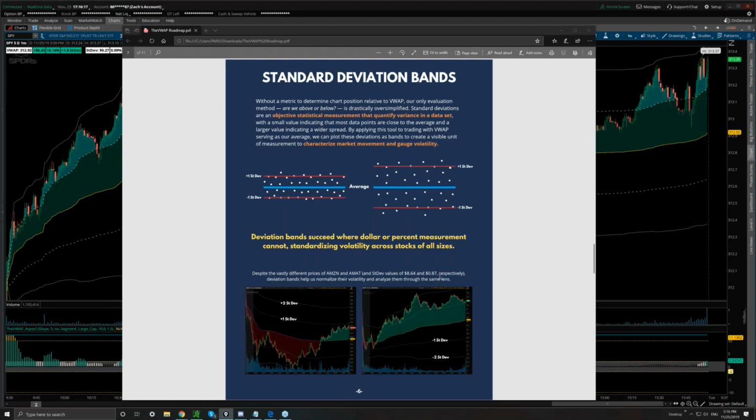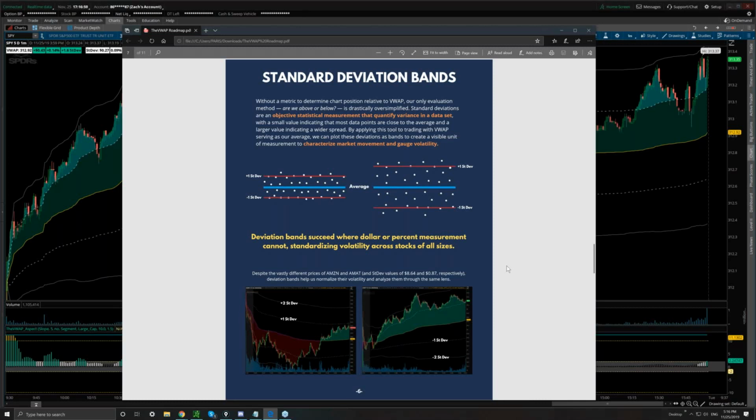One other good point that we made here, these are two dramatically different sized stocks. The one on the left is Amazon, the one on the right is AMAT. With the standard deviation values of $8.50 and 87 cents, those are two very different sizes of standard deviation, but look at how the charts maybe don't look similar, but have a similar framework applied to them. So that requires no tweaking, no calibration from us, the trader. We don't have to get it right. We just simply apply the calculation and look for similar or related patterns.